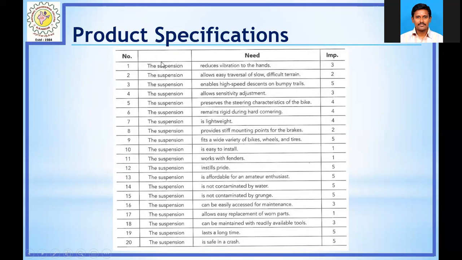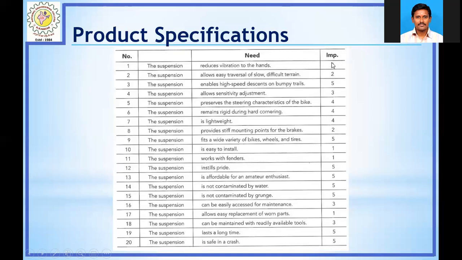In that way, nearly 20 requirements this company collected from the customer side to design the suspension system of the bicycle. Not only for the suspension system, for each and every part of the bicycle, not only bicycle, all the products, we have to collect the customer need. And based on that need only, we have to prepare the particular part of the product. Here they listed out the various ideologies and requirements of the customers towards the suspension system of the bicycle. And based on their severity, they gave the mark here.